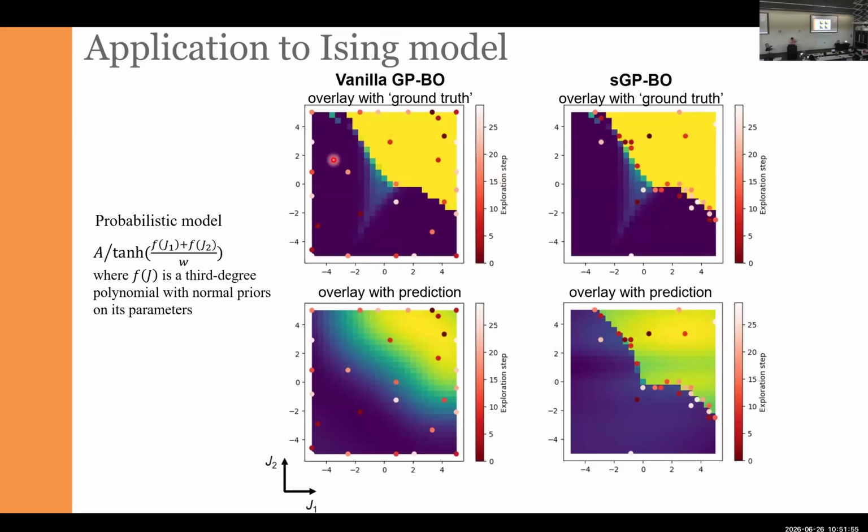So for example, imagine that I want to discover this phase diagram. This is the ground truth image. This is the progression of the experiment. This is the discovery by the standard GP. We found the bright region, but everything else is kind of horrible. And this is how it looks if I try to discover it with a structured Gaussian process. As you see, most of the measurements are spent to localize the boundary, and only a few measurements are done